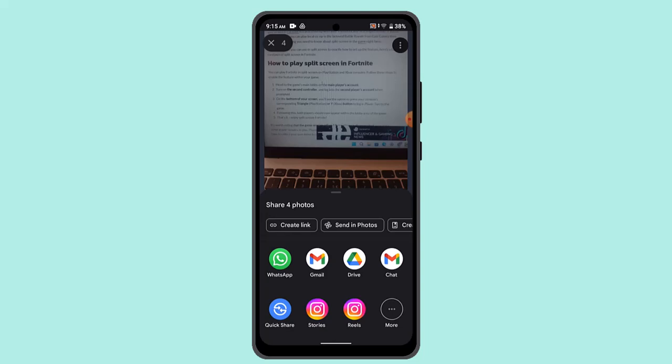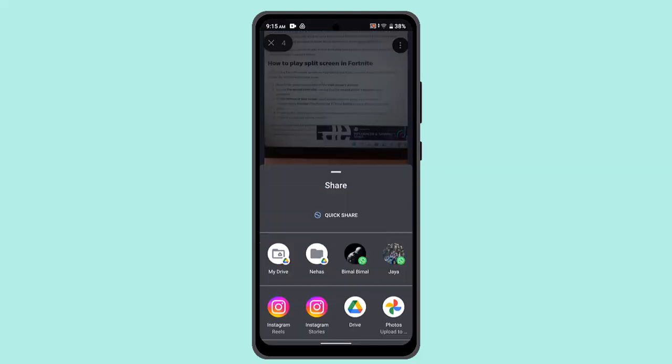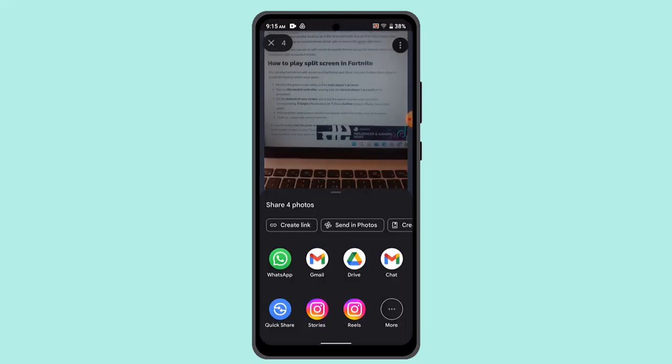As you've done that, you need to click on the more button once again, and here you could go and locate all of the people that you have shared media with. So you could either go ahead and quick share if the particular person is right next to you, or else you could go ahead and share with these contacts,